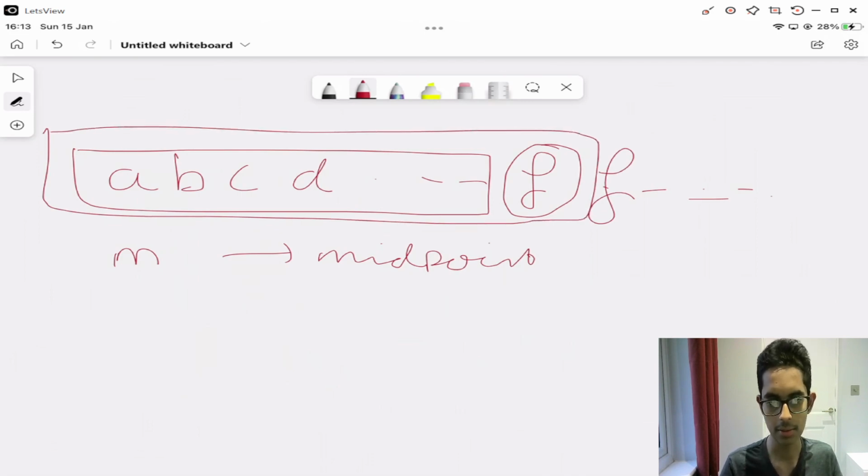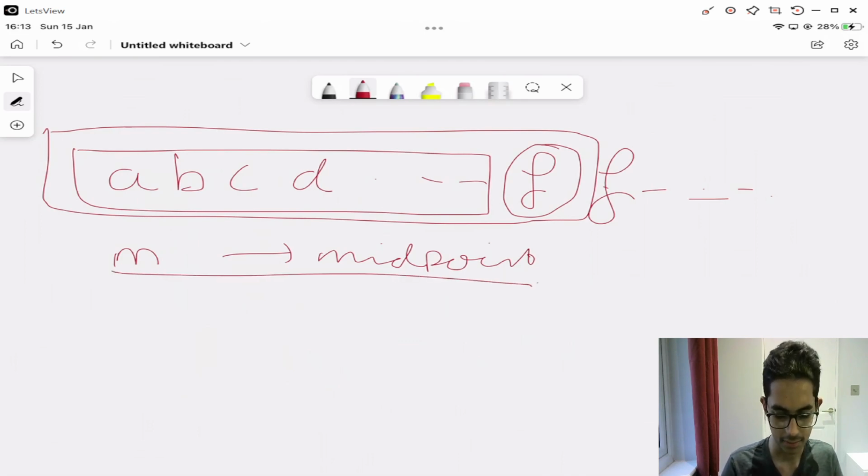And I'll come to how we'll implement this code later. But this m will be the midpoint of it. We need to take these first m digits. This basically becomes an integer, right? Even though we're assuming that this is a string, it's a string of digits. We can convert them back to an integer. Now, what we need to do is increment this by 1, so m plus plus,